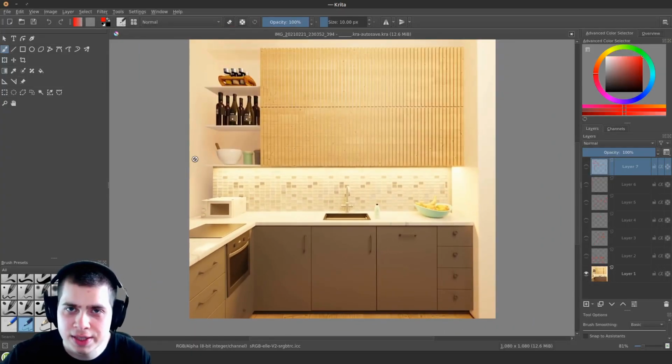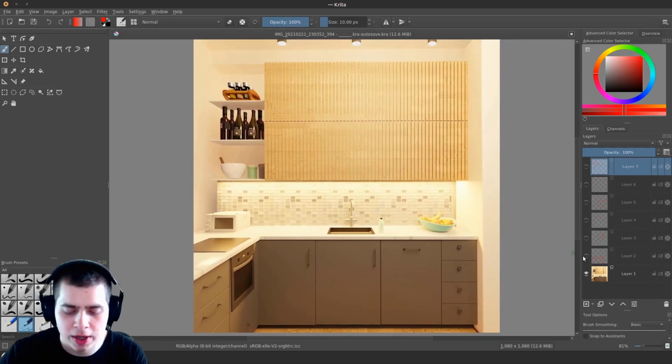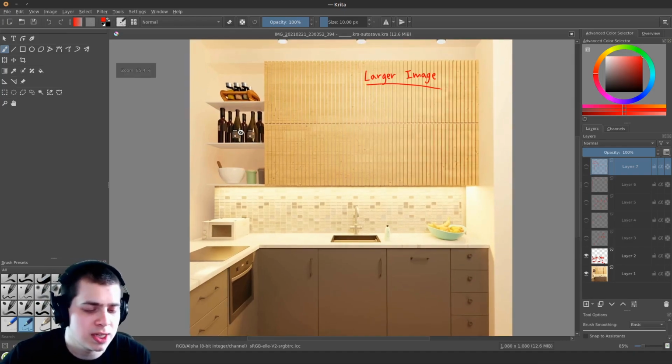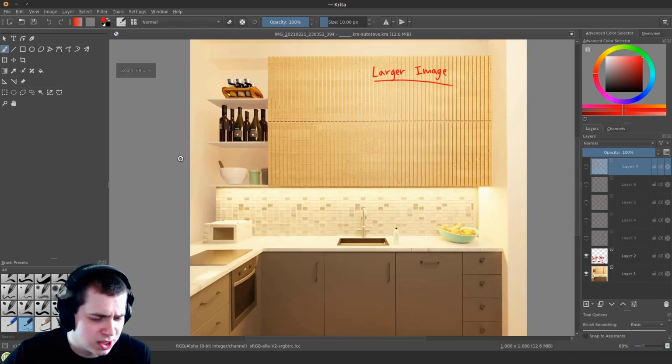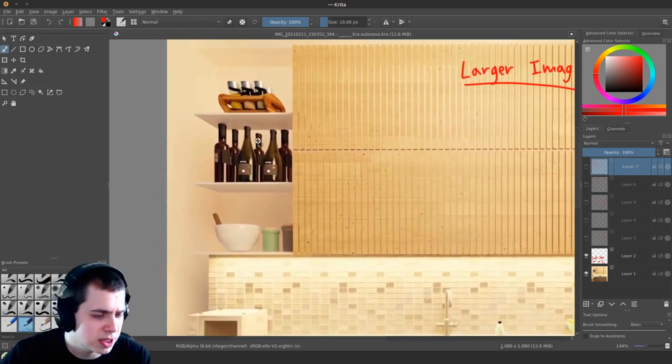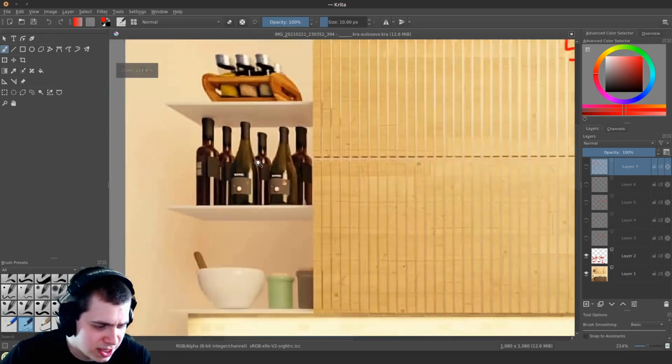I do have a few things that I would critique, but this is really quite good. So the first thing that I would do is I would render this out with a larger image size. I would turn the resolution up, because even just looking at it on this monitor, this screen drawing tablet that I have is just a 1080p monitor, but I can actually notice that it looks a bit low quality. And if I just zoom in a little bit, I can really start to see the pixels.